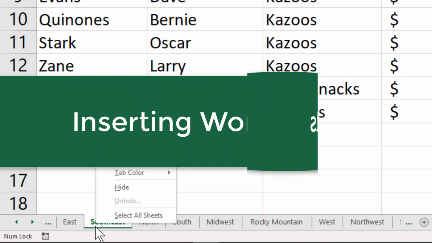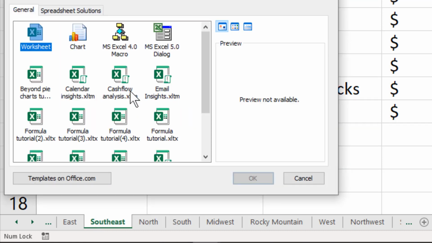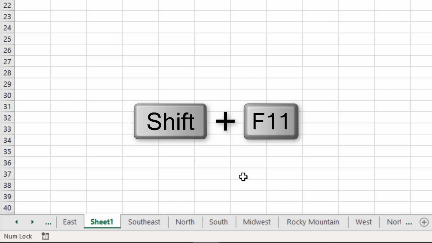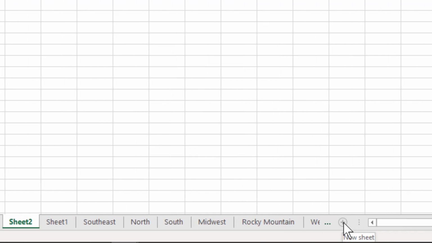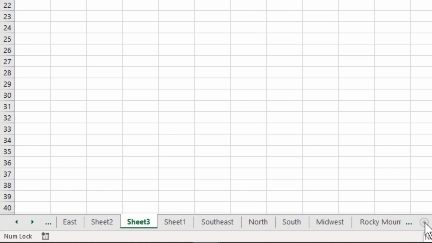Well, there are 4 options to choose. One is to right-click on the Worksheet tab for that shortcut menu and then choose Insert. From here, make sure that Worksheet is highlighted and choose OK. On your keyboard, press Shift F11. Or you can click on the New Sheet button, the plus sign, that's on the far side of the Worksheet tabs. Notice as we add each one of these worksheets that they are consecutively numbered, picking up on the next